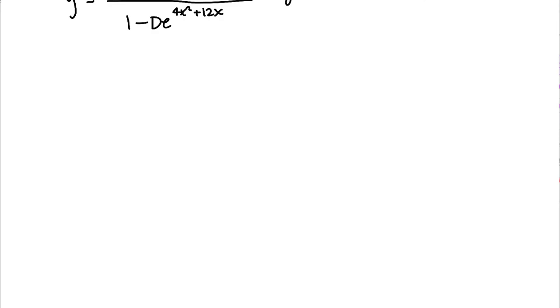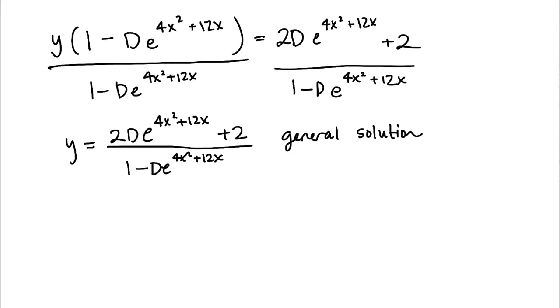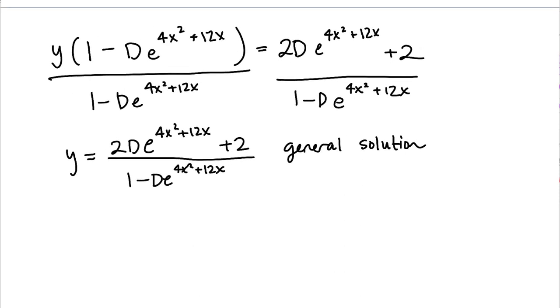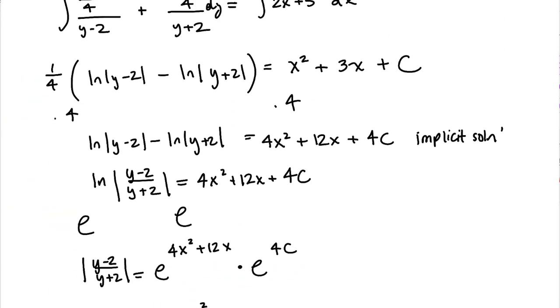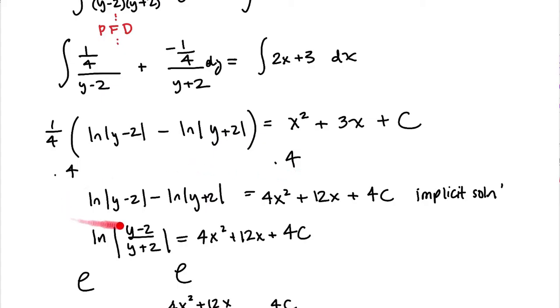We'll see. So there are two different ways to go about this. If you are given an initial condition, you are allowed to plug it into any step of your solution that you want. So it might be easier to plug into the explicit solution for y. I might want to plug in here. You also have the right to plug in to your implicit solution. So maybe I want to plug in over here. So if my y is 3 and my x is 0,